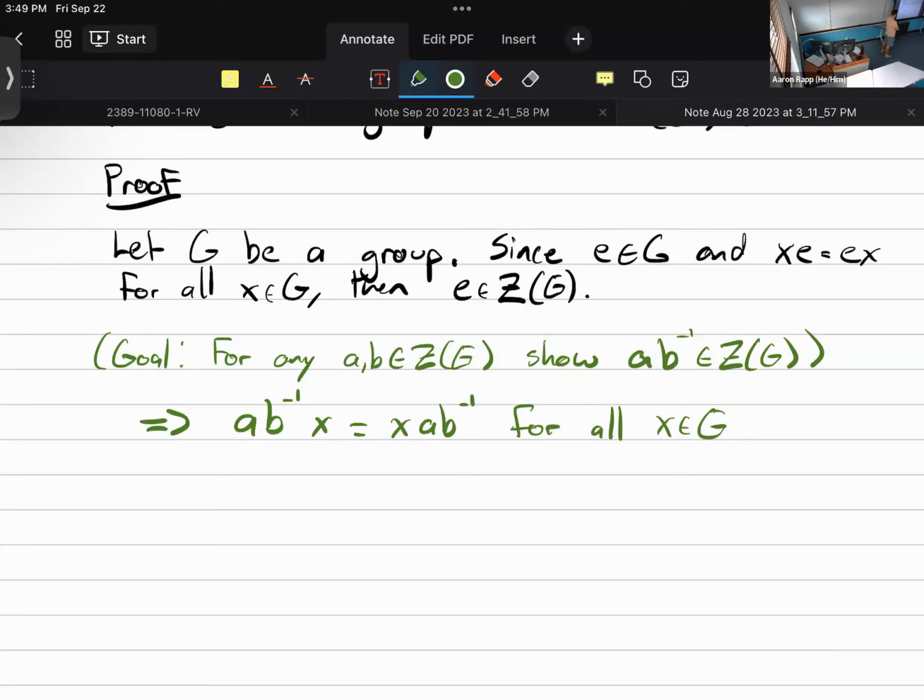Well, what do I know about A? It has an inverse in the group, you're right. But I know something even more about A, because where did this little A come from? It comes from the center, which means it commutes with anything. Is B inverse in the set G? Yeah, so it can commute with B inverse. It can commute with X. So I could quickly move that A over to where I want it.